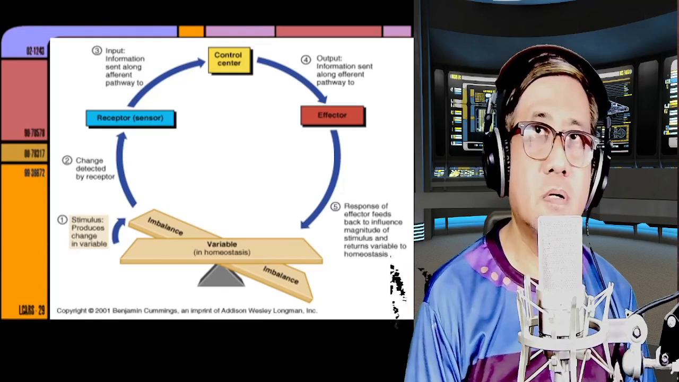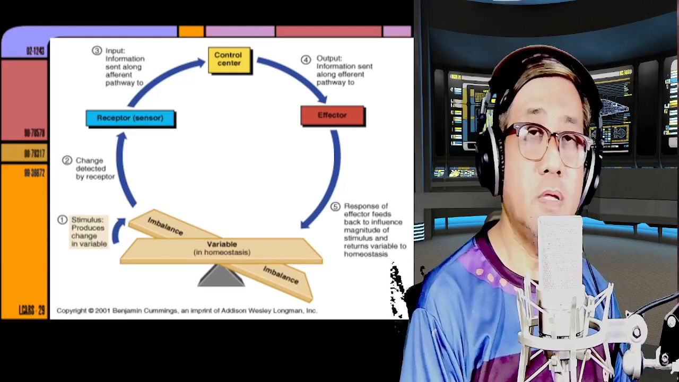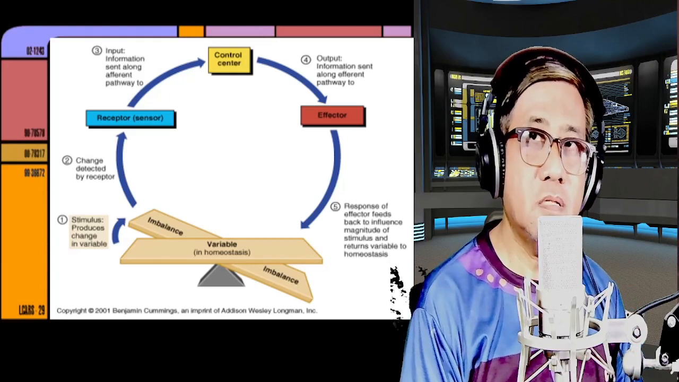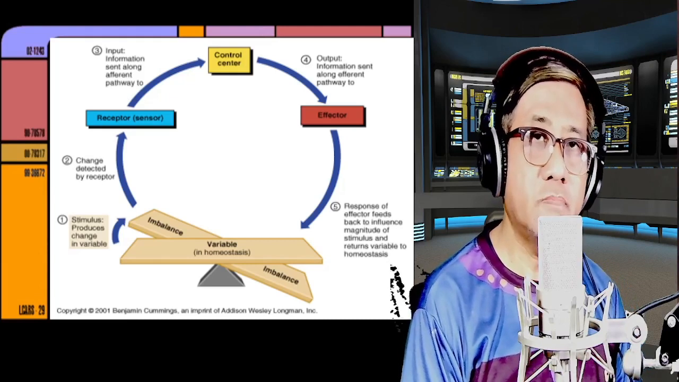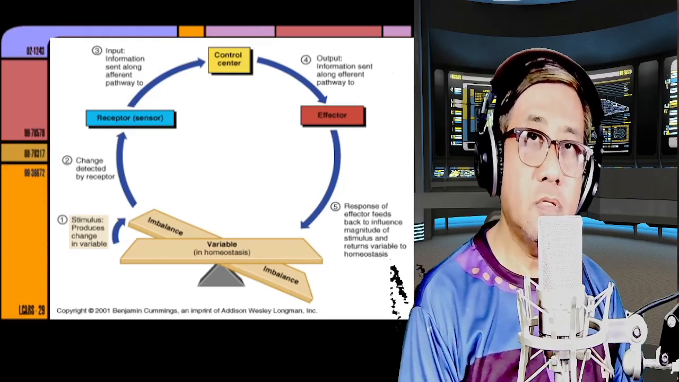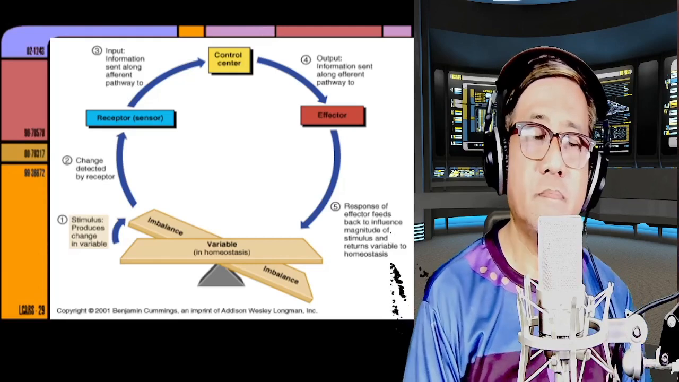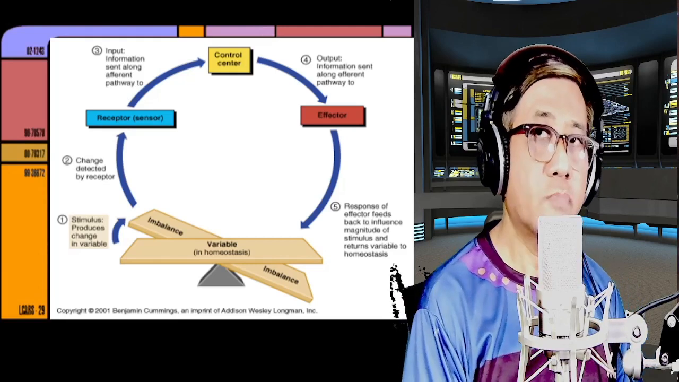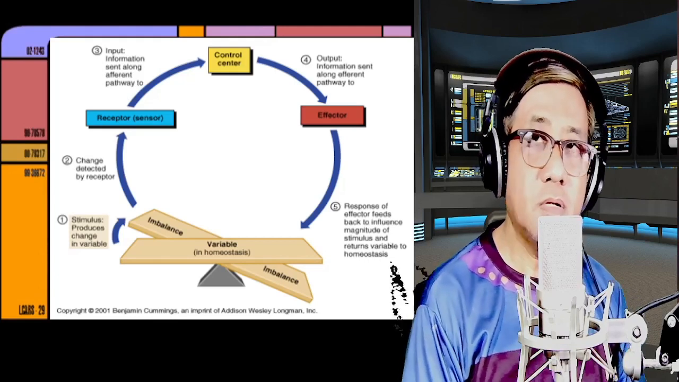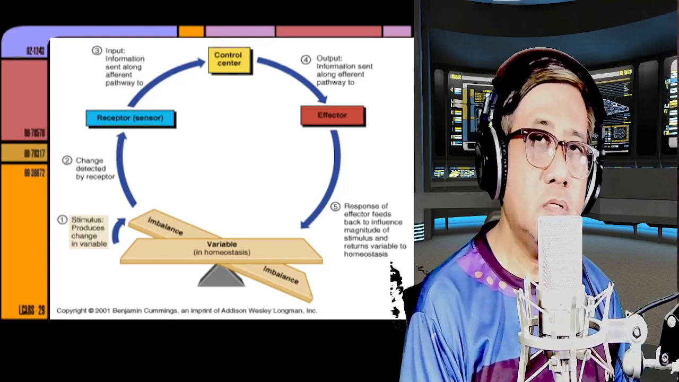Like for example, uminit, no? Sa external condition, external environment, uminit siya. So our receptors sa skin natin will detect the changes in temperature, yung pagkainit ng external environment. Then yung information na yan dadaan dun sa control center, dun sa ating nervous system. So our nervous system will process the information that was transmitted by the receptors ng skin natin. Then our nervous system will send